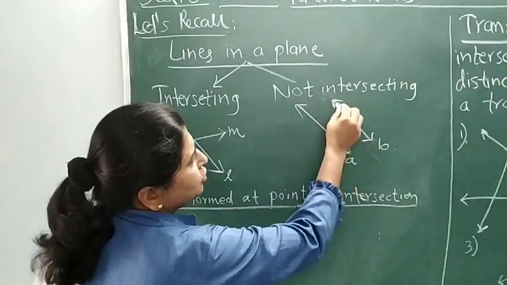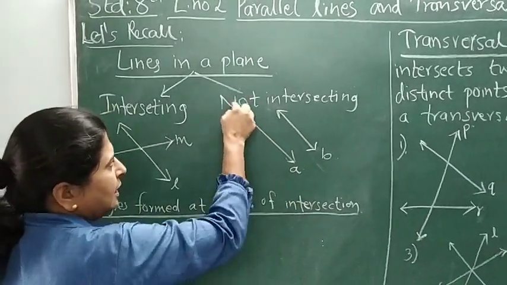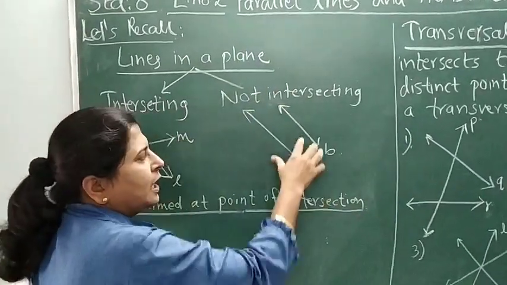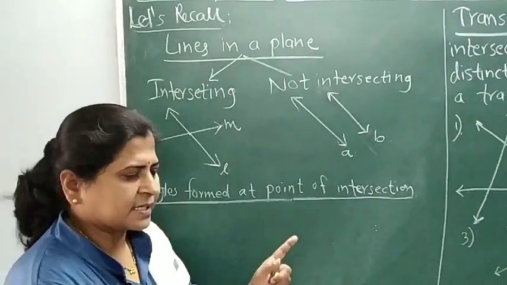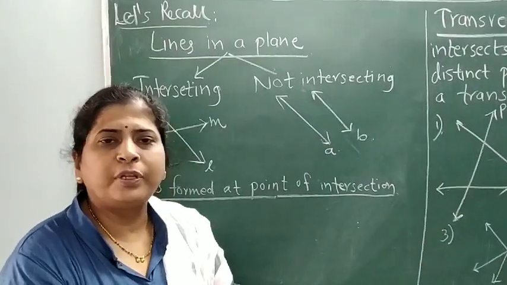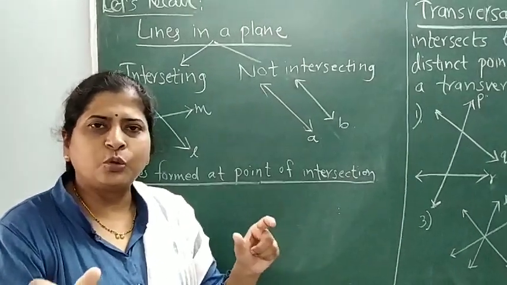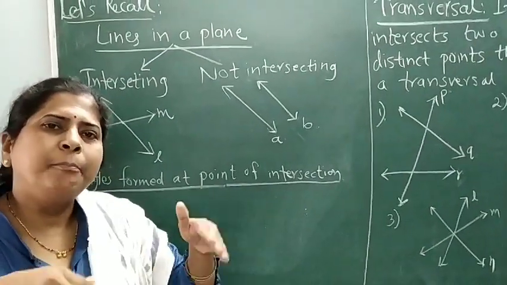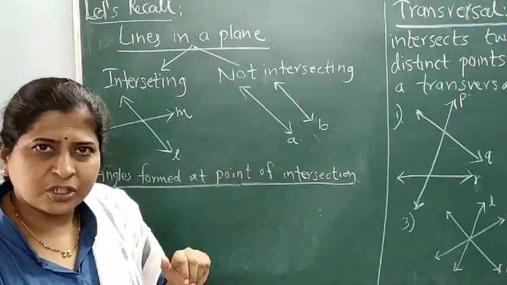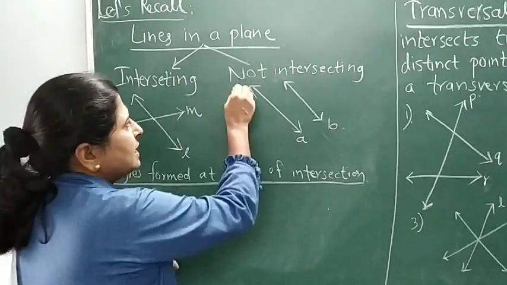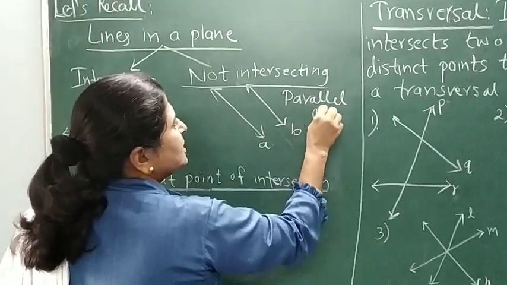And if you observe here, these two lines, line A and line B, they are not intersecting. And if I extend them on both sides, they are not going to meet. They are like the two tracks or two rails of the railway track. They will not meet each other. Or the front two tires, their way will not meet each other. Whatever long distance they travel, they will not meet each other. So such non-intersecting lines are called parallel lines. Okay. So what are these parallel lines?